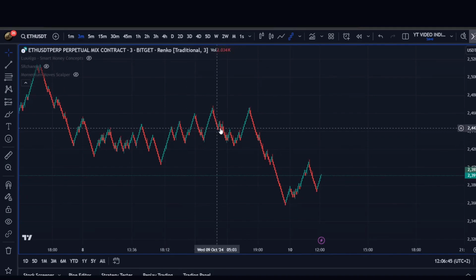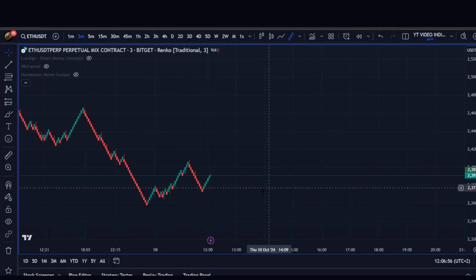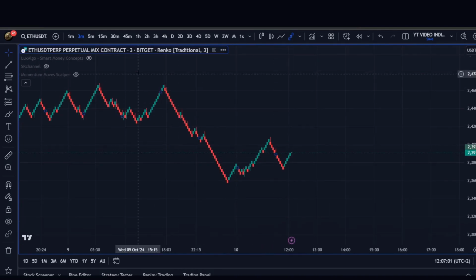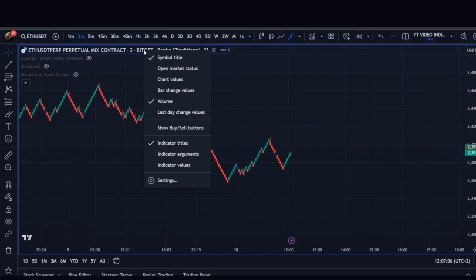The next point I want to mention is that we should only apply the Renko candles on a small time frame. Now we will go through in detail what happens when you apply this to a daily chart, hourly chart, or 4-hour chart. This is because they can, as I call it, repaint, since they can move up and then back down again. First of all, when you have the Renko candles, you need to go to your asset,